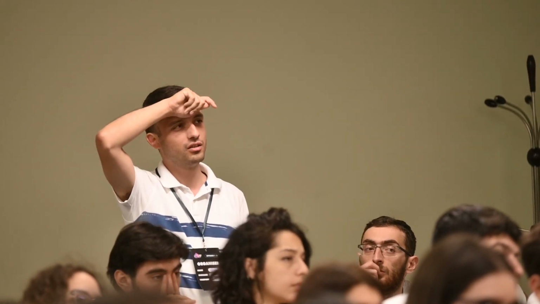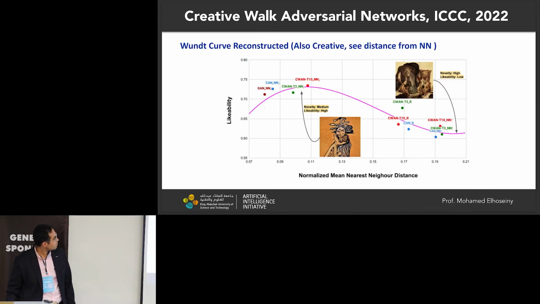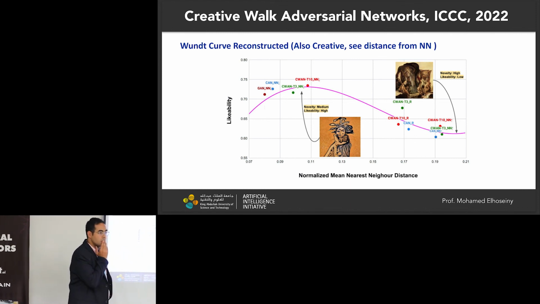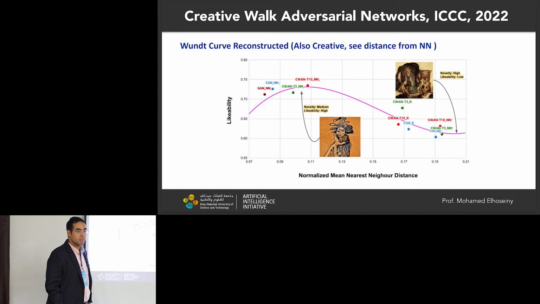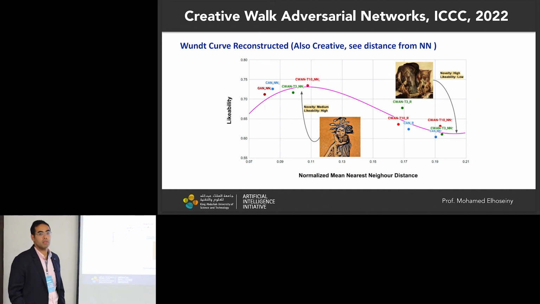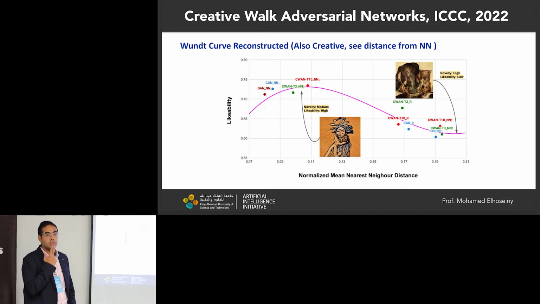Can we go to the slide with that curve? I forgot the name of the curve. The one for art or for perception? The one that you had on the x-axis the closest neighbor. Okay, I believe you mean this. Yeah. So on the x-axis you have the closest neighbor from the generated image to the training set. True. And what is that distance? In which space?